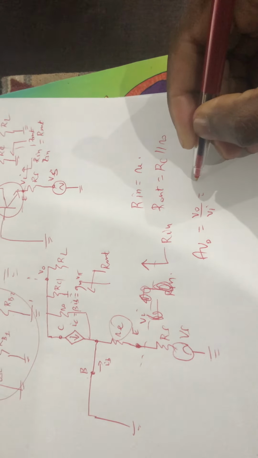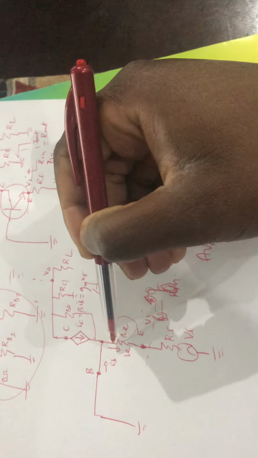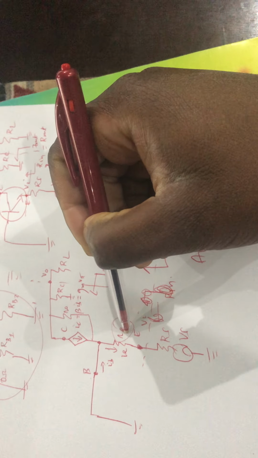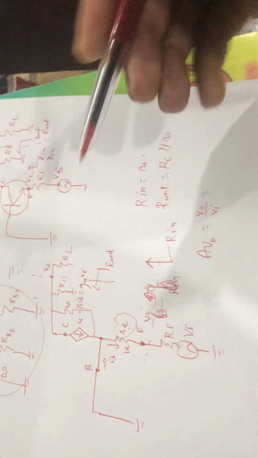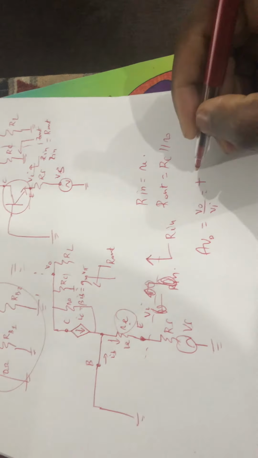IC. By the way, we have to put IE. So IB and IC combine to make up IE. As you can see now, the input is on the emitter, so the current there is IE, the output is on the collector, current is IC. They are both of the same direction, so we've got a positive gain this time, and that will be,